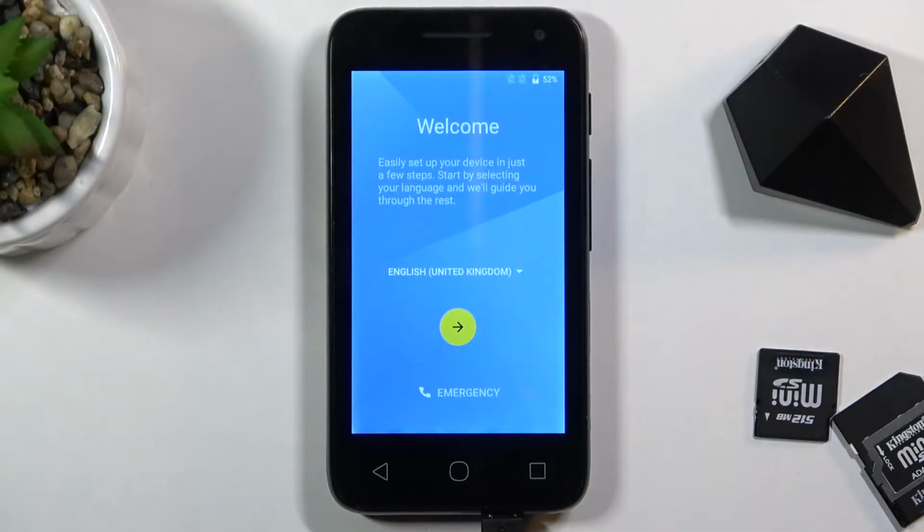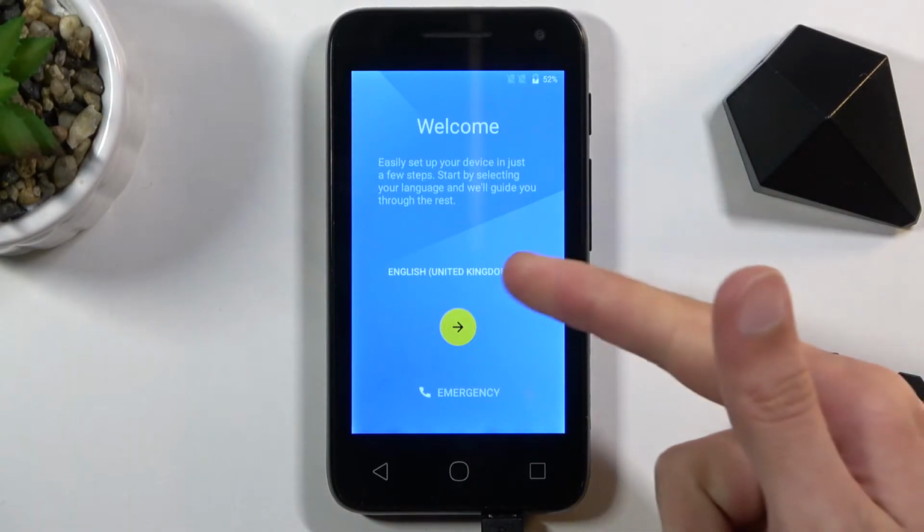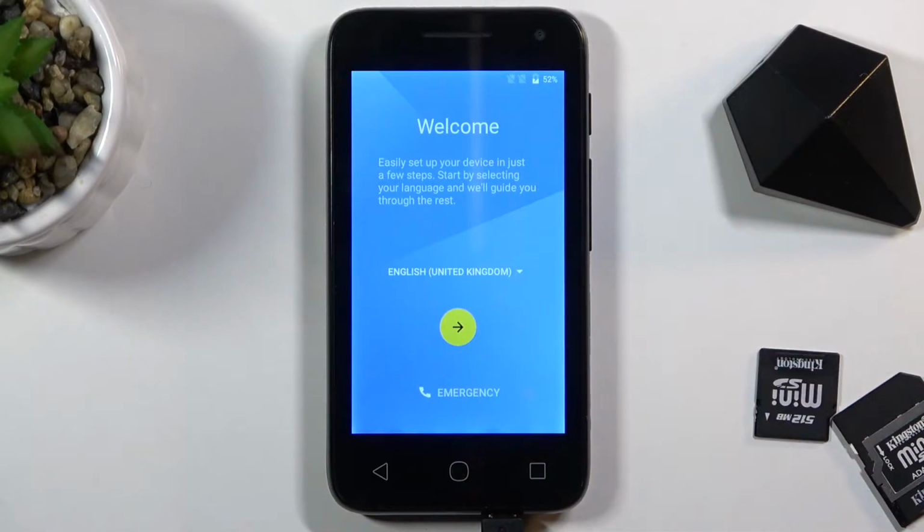Welcome. In front of me is an ALCATEL U3, and today I will show you how to go through the setup process of this phone. To get started, when you boot it up the first time, you will be presented with a welcome screen, so choose your desired language by simply tapping on a text right over here